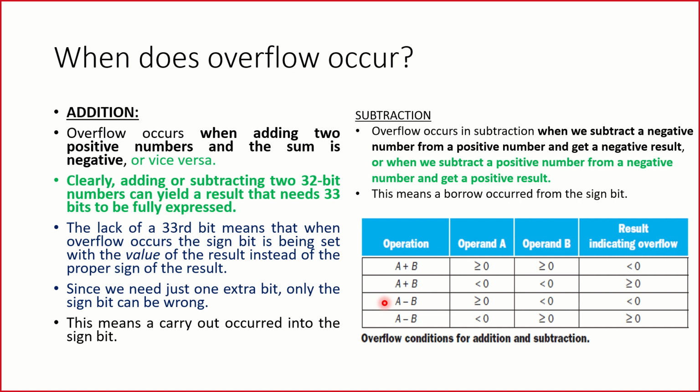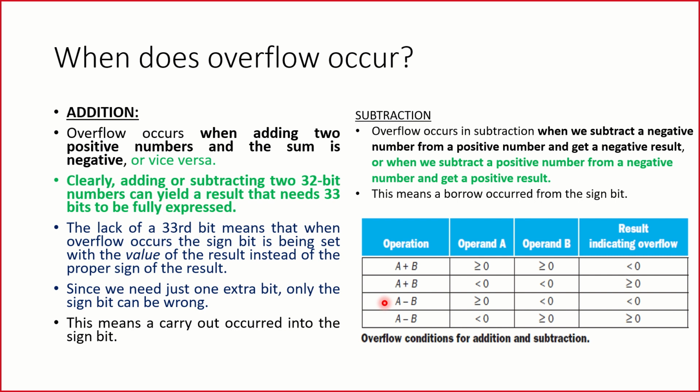I have two numbers, both of them positive, and the result is expected to be positive when we add them. I have two numbers, both of them negative, and when I add them, the result should be negative, but in case it is positive, it's an overflow. Likewise, it's all simple math that you need to work around, and if the result given by the processor is negative for positive and positive for negative, it can be rated as overflow. These are called the conditions for overflow.